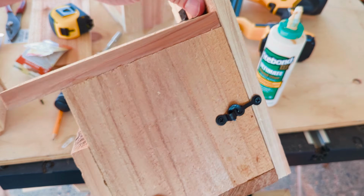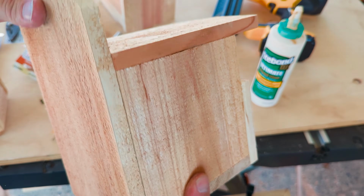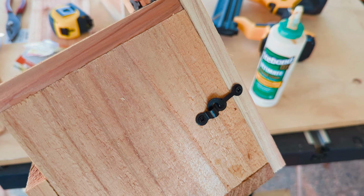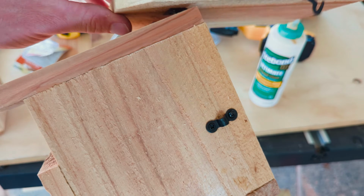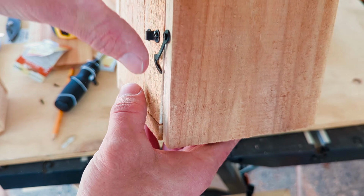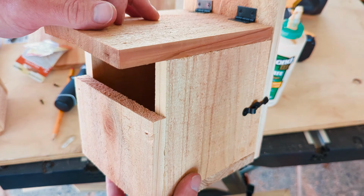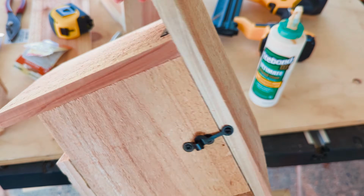All right, so there we go. Now look, as I try to pull on it, they can't get out. Now I'm not going to put one on this side, because the likelihood of birds breaking that hinge is very, very unlikely. So, boom, you clean it out, dump it out, and there you go. Perfect. And then they could just fly right in there, build their little nest, and live happily ever after. Kids are safe from the...